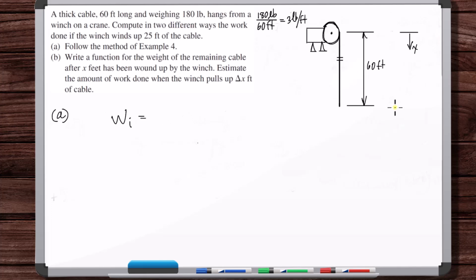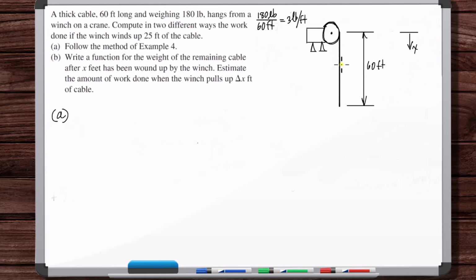But this is a little bit different here, because they're only saying we're lifting up 25 feet of the cable. So we have to be a little careful. We're still going to use the same method where we break up the chain into pieces, and each little piece will have a weight of chain given by 3 times the width of the piece, delta X. But how do we account for the fact that we're only lifting up 25 feet? Well, what we're going to have to do is